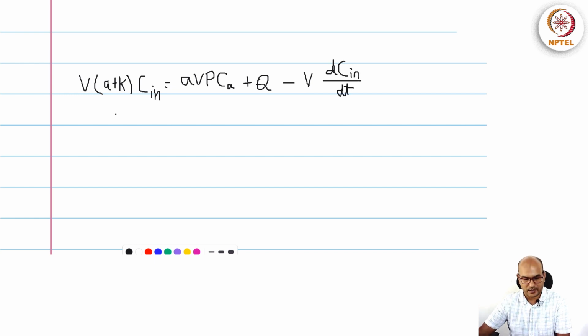So now I can divide all terms by V times A plus K and I will get